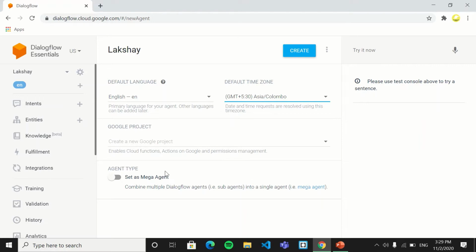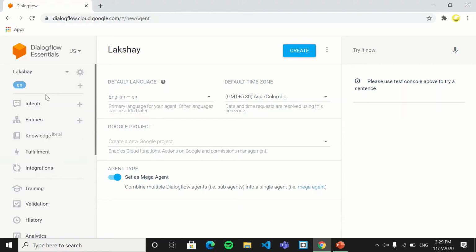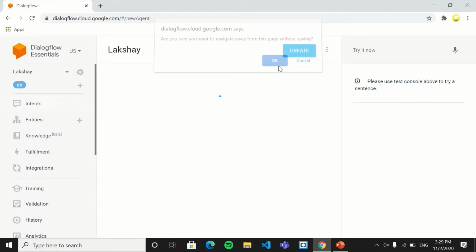Then click set as mega agent and click on create. I am not creating a new chatbot because I already created a chatbot named Lakshay. So let's start making its things.